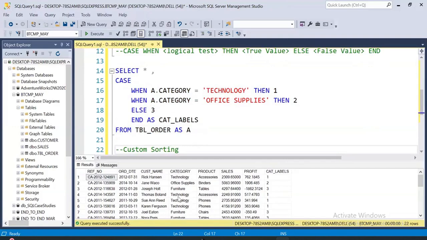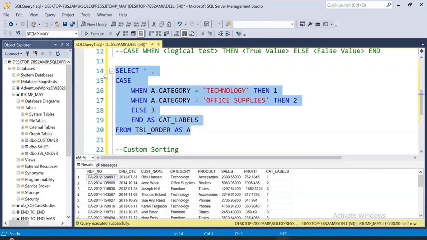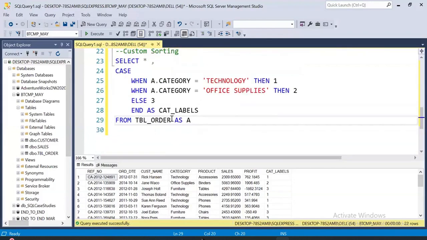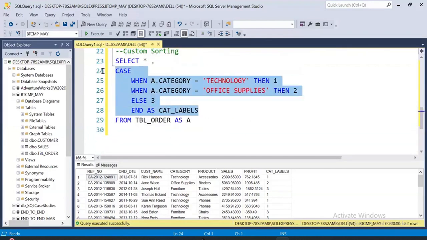Let's say you want to have tech at the top, right? So you can give that as one. So I can simply copy this and paste it over here. Whatever you want to display, this is for display purpose only. Okay? So here for sorting,